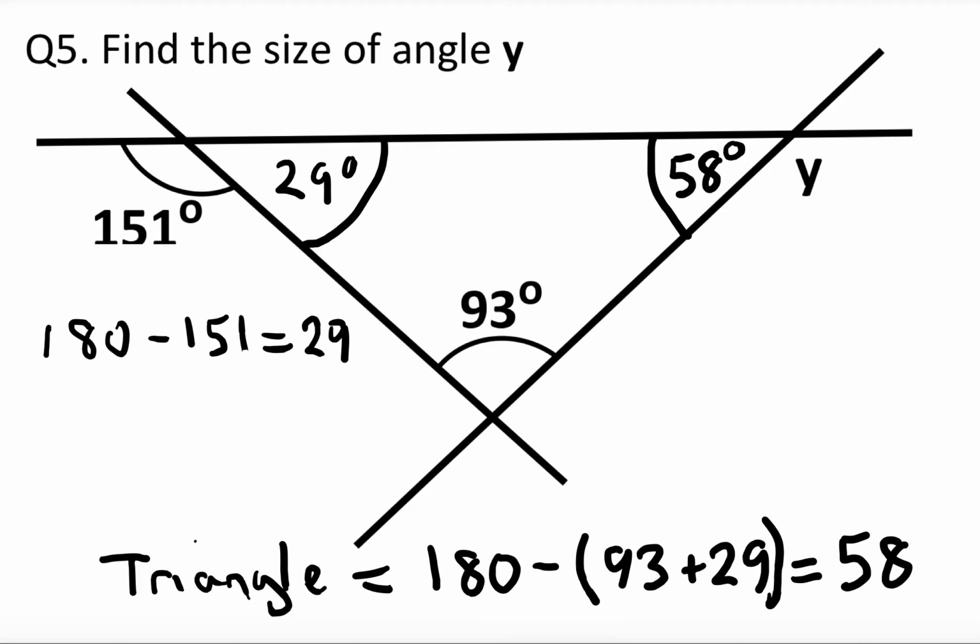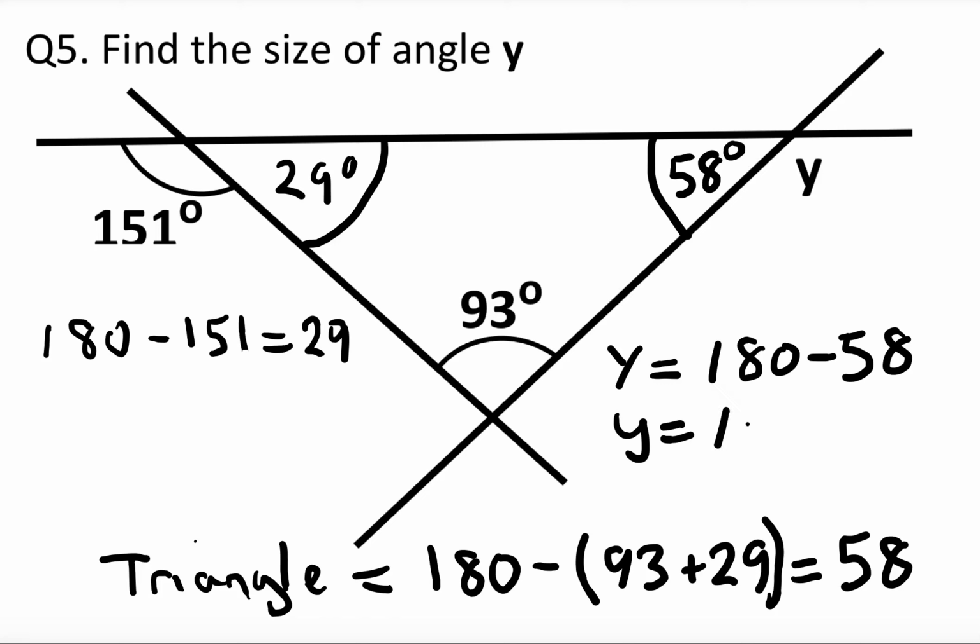Now we've got 58 plus y is going to equal 180. So we know how to get y now, don't we? Because that's a straight line across the top here. So y equals 180 minus 58. So y equals, and the answer to y is going to be 122, and it's degrees, because we must put